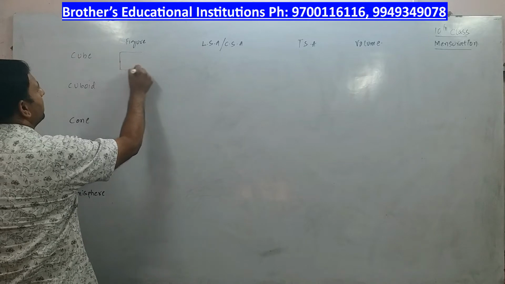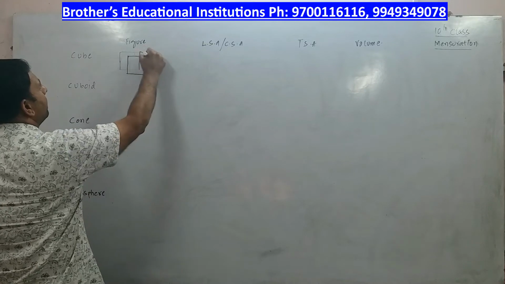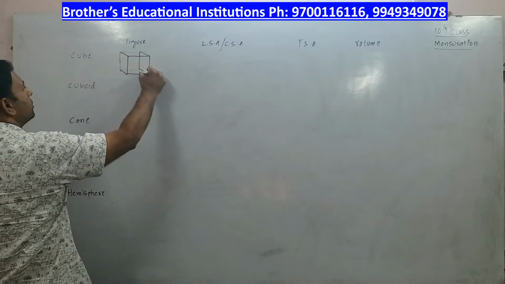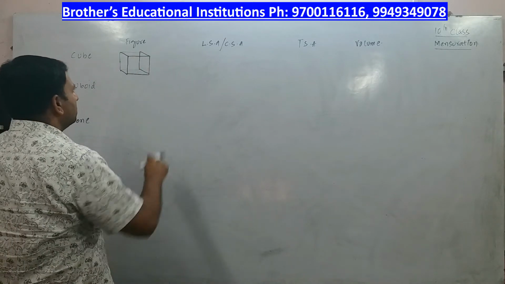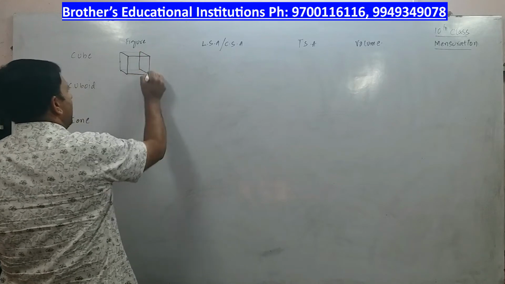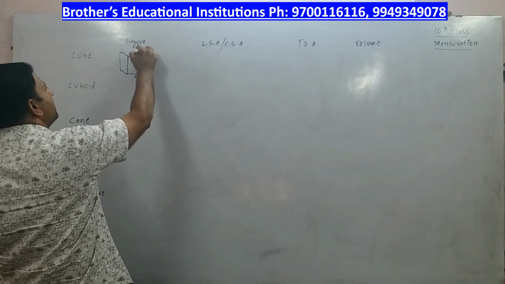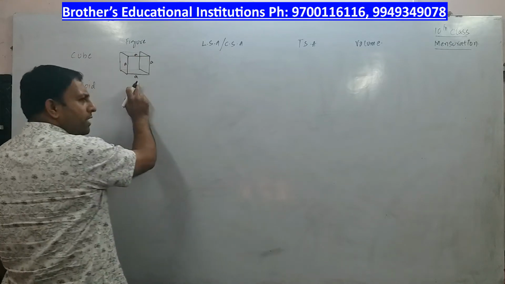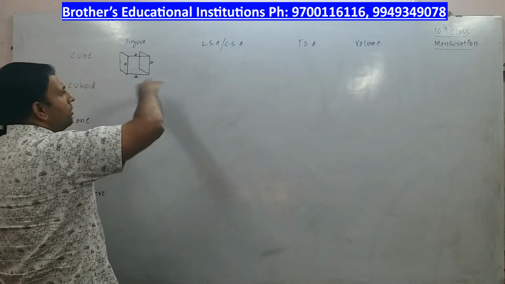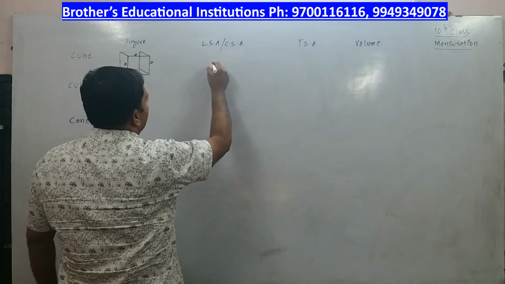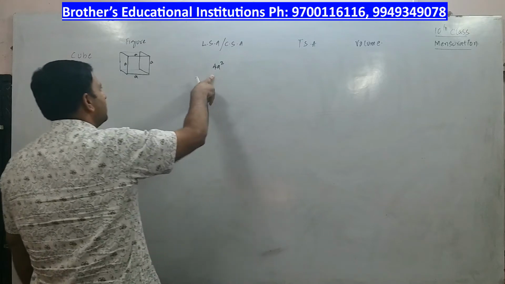So a cube looks like this, right? This cube appears to be in this way. All faces are square. This is the face of a cube. How many faces will you have? You will have 6 faces for a cube. And lateral surface area means one direction. See, if A is the side of a cube, then area of a square is A square. In one direction, you will have 1, 2, 3, 4 squares. So lateral surface area of a cube is 4A square, where A is the side.